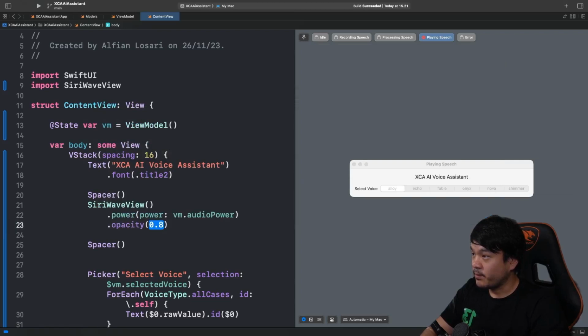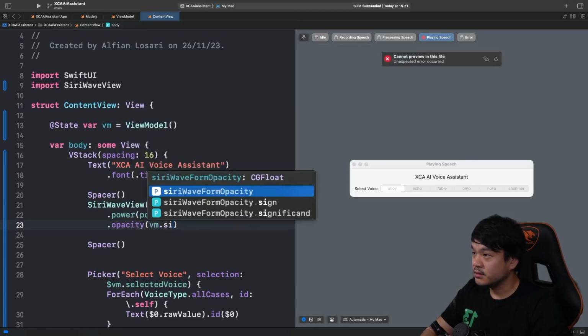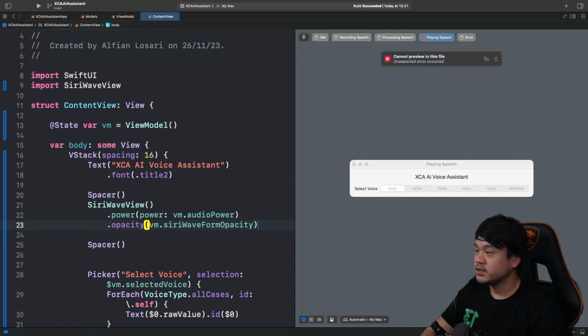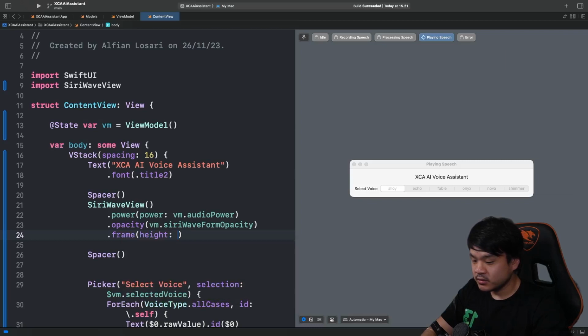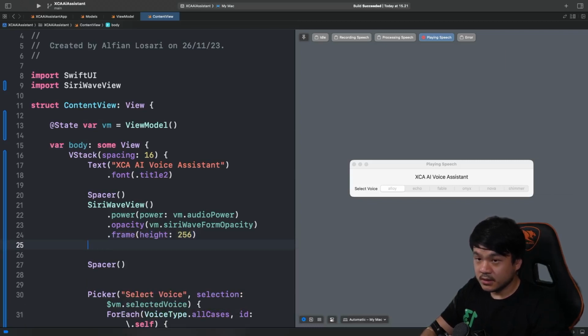And let's add the opacity. In here we can just pass the vm.siriWaveformOpacity that we have just created before. And then I'm going to hardcode the height to be 256. And I'm going to add an overlay. I'm going to pass that overlay view.